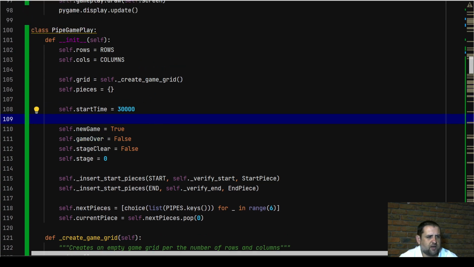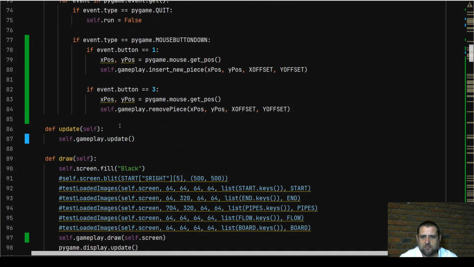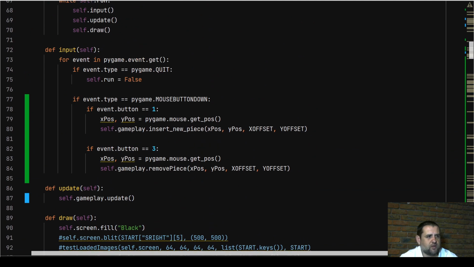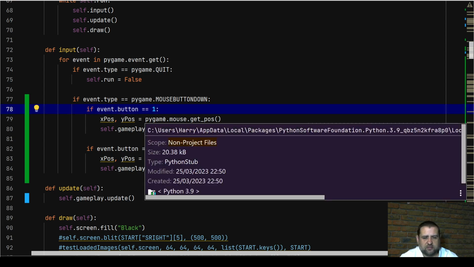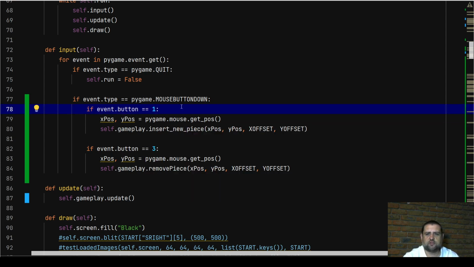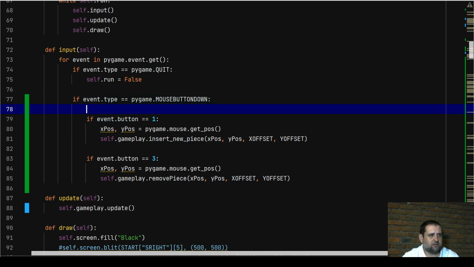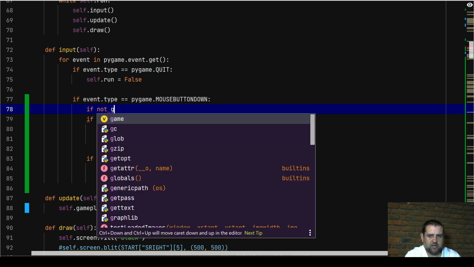We actually need to go up to our main game input methods. If event.type is equal to Pygame mouse button down, right there, we want to say, well, if not